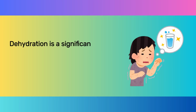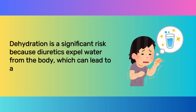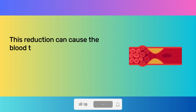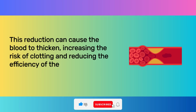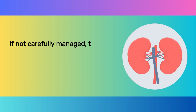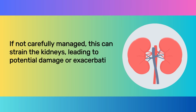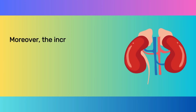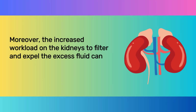Dehydration is a significant risk because diuretics expel water from the body, which can lead to a decrease in blood volume. This reduction can cause the blood to thicken, increasing the risk of clotting and reducing the efficiency of the kidney's filtration process. If not carefully managed, this can strain the kidneys, leading to potential damage or exacerbation of existing kidney conditions. Moreover, the increased workload on the kidneys to filter and expel the excess fluid can lead to what